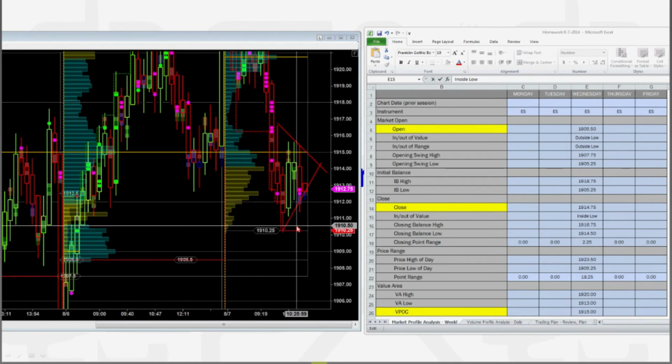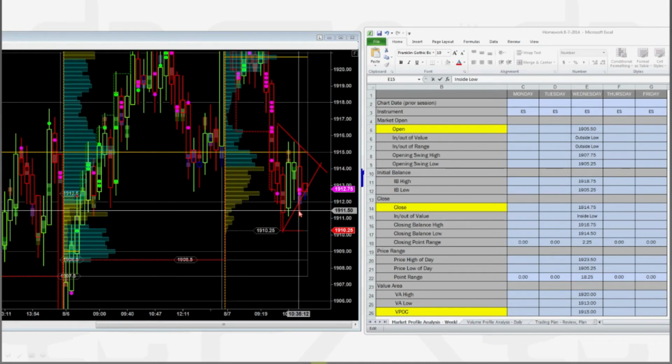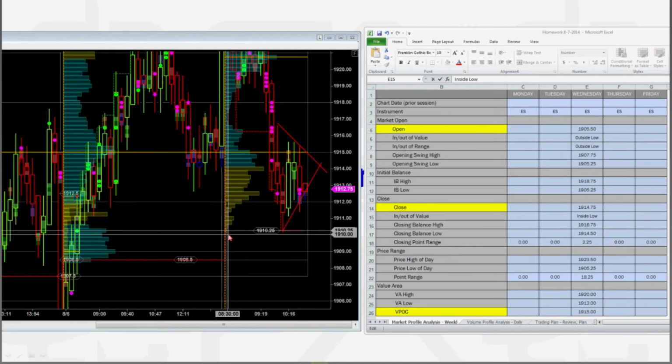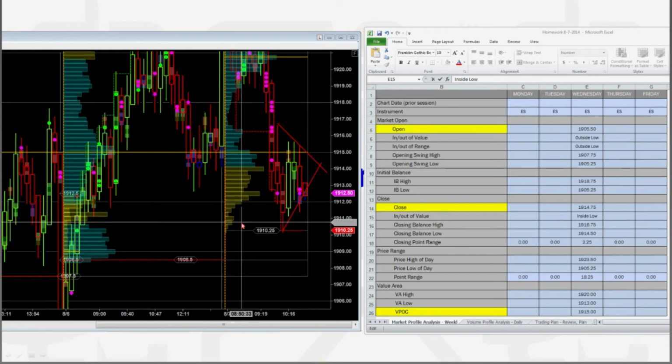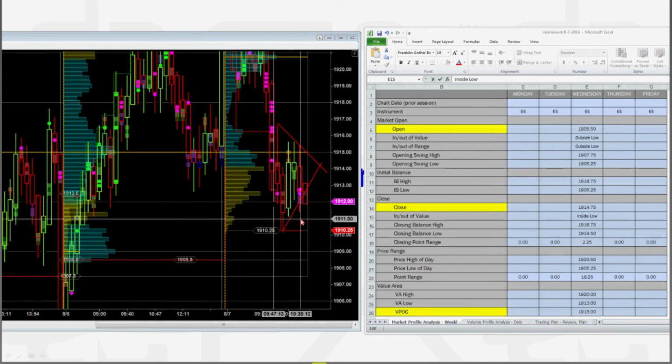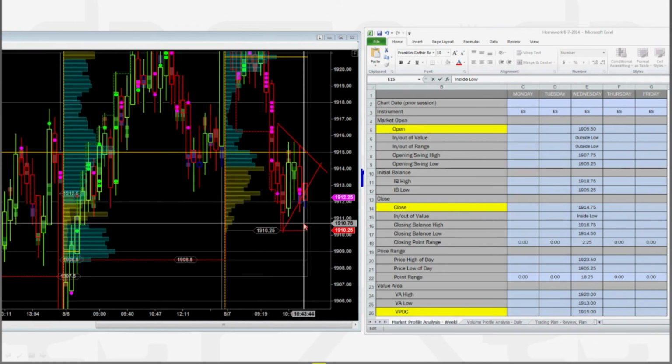But if it comes back and now attempts lower, and it ends here, buyers start stepping in at 1075 and start moving up again, then I'm giving a little bit more weight to the fact that this might be finished. And in my mind, what I'm saying is I don't consider this auction re-engaged the downside until sellers can take price back down into this area. And then in the print, I want to see